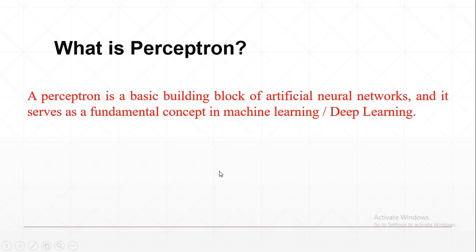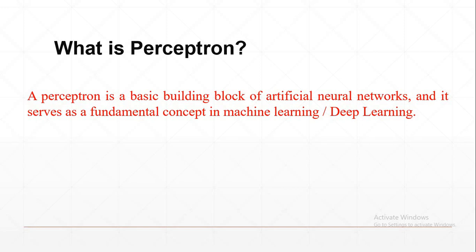This perceptron is a basic building block of artificial neural networks, and it serves as a fundamental concept of machine learning and deep learning. So you understood the importance of perceptrons. If you want to know more about deep learning, neural networks or machine learning, then this concept is very important for you. Why? Because